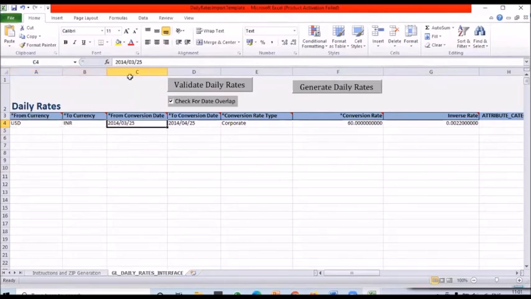USD, INR, what is the date? Okay, what is the rate type you require?